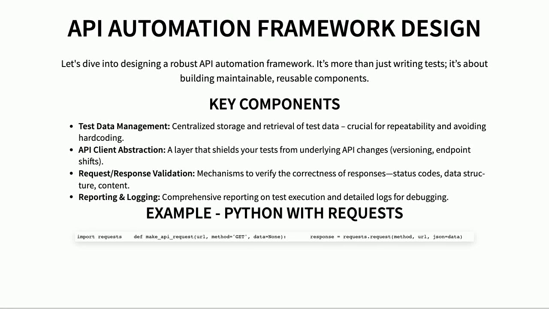Okay, so when we're designing an API automation framework, it's really important to think about the bigger picture. We need a system that isn't just throwing tests at an API, it has to be structured and maintainable. First, let's talk about test data. We want a central place to manage all our input values so tests are repeatable. Then we'll look at abstracting away the details of the API itself, ensuring our tests aren't broken when the underlying API changes. We also need solid ways to validate responses and a good reporting system to track what's going on